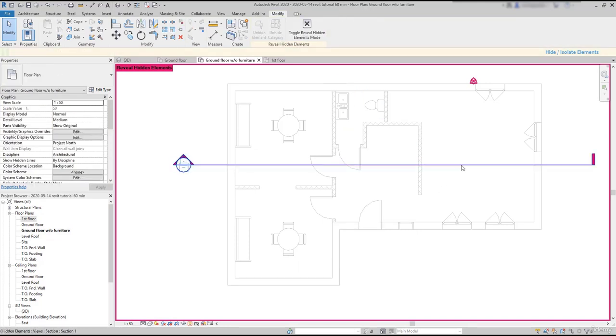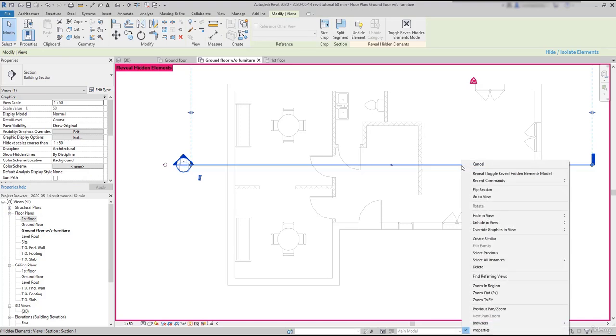Look, there is also a section element hidden here. I've done it previously in the ground floor view, but I can select it